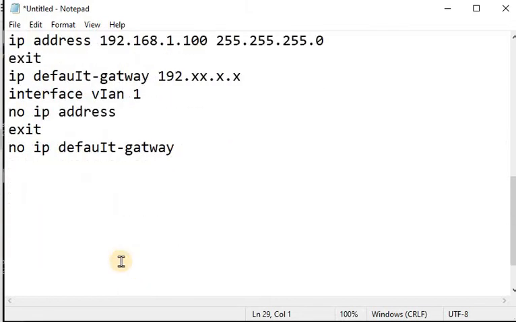Next is how to create a VLAN. To create a VLAN, you will use the vlan database command. When you press enter, you will enter inside the VLAN database. Here you can create a VLAN.